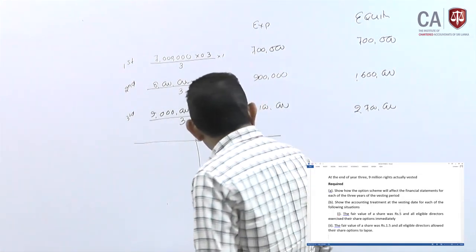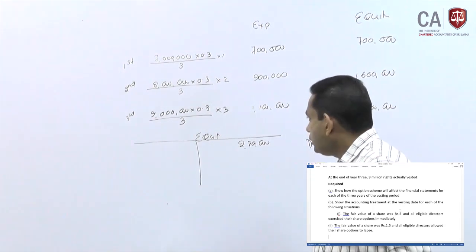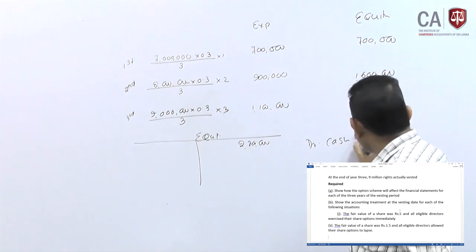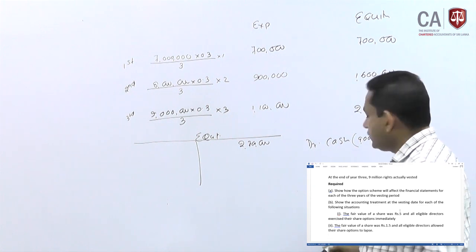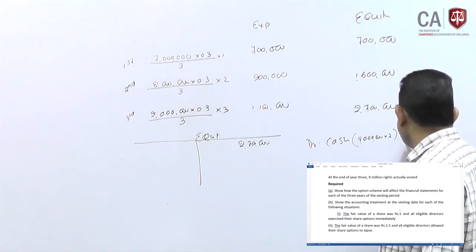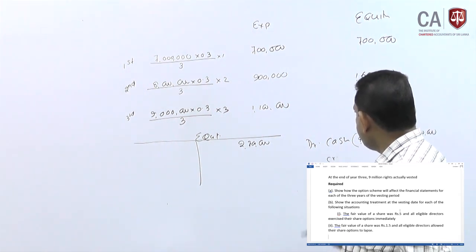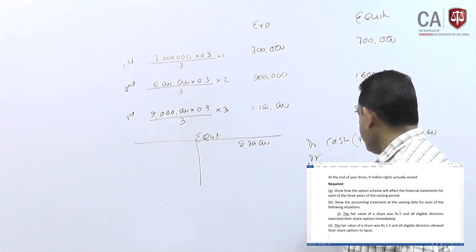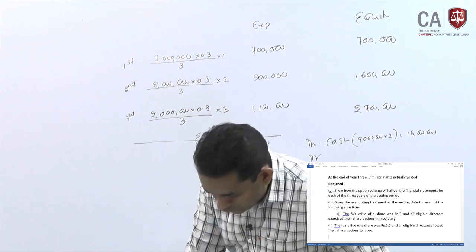Now, cash payment, receipt of cash to the entity, you can debit to cash account. It is 9 million shares to be issued, and for each and every single share, the directors have to pay 2 rupees, should be 18 million. Where do we credit? Credit to share capital. Credit to share capital by how much?